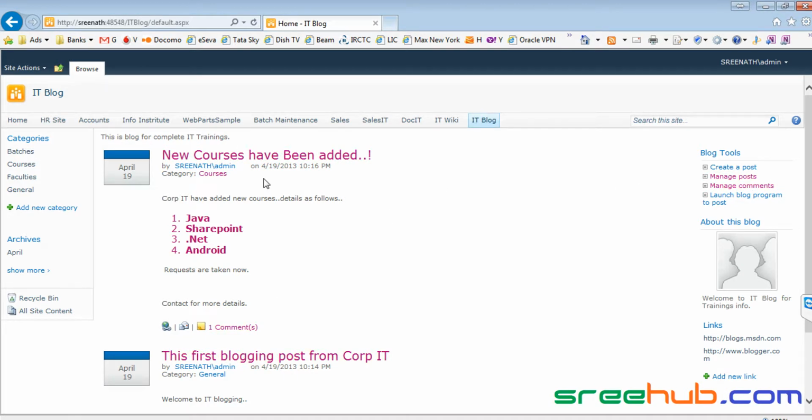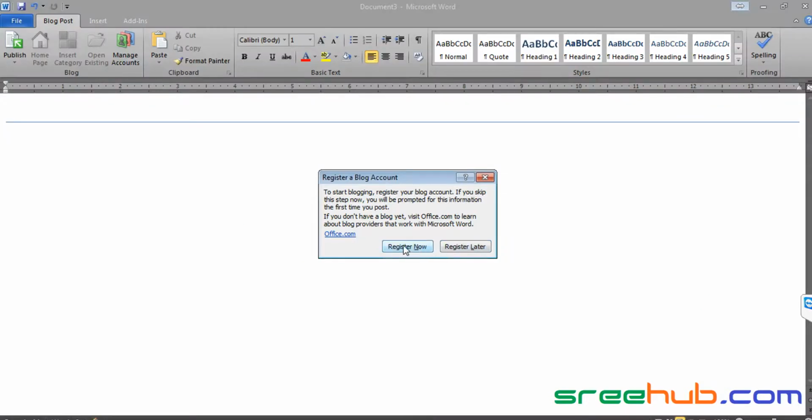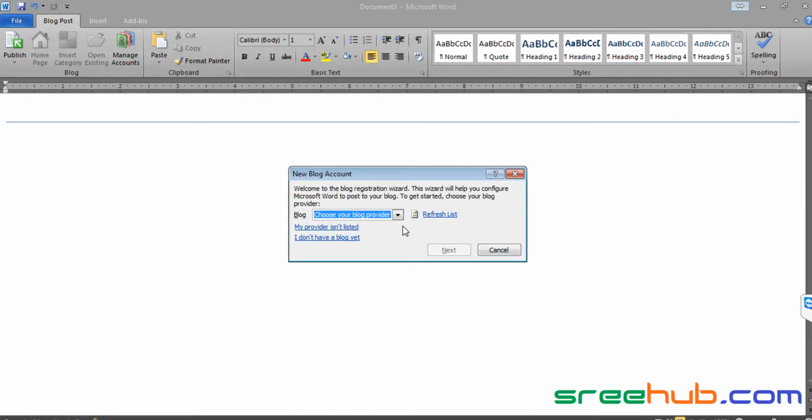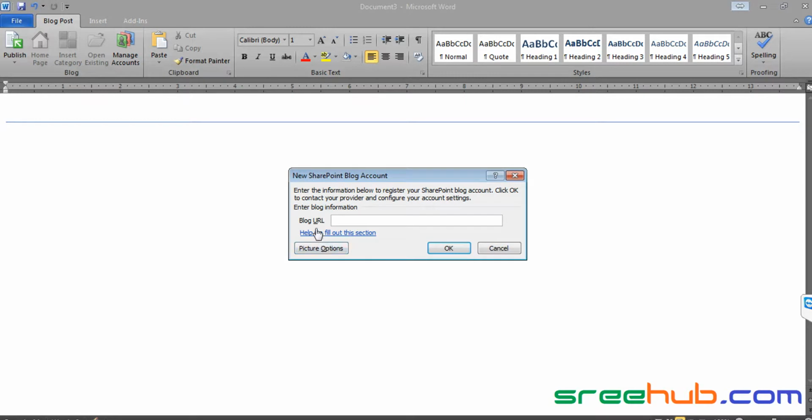Now how to do that is, let me just click on register now. Here you can select different blogger sites. You have direct connection to Blogger or SharePoint or community server, Typepad, WordPress, and other. If you want other, you can, but as of now, let's go to SharePoint blog. Now I have selected SharePoint blog. Click next. Now it is asking for the SharePoint blog URL, like where you actually want to post